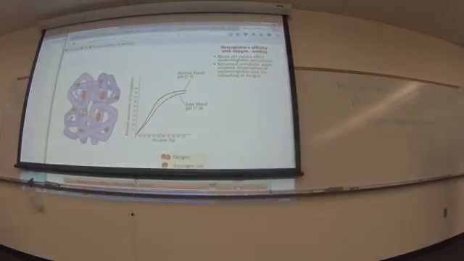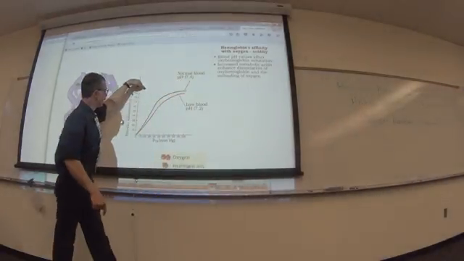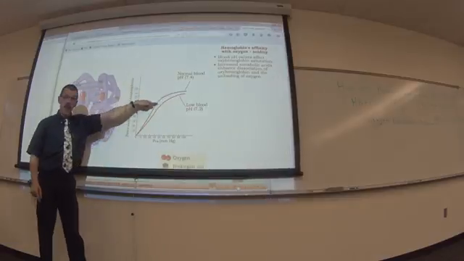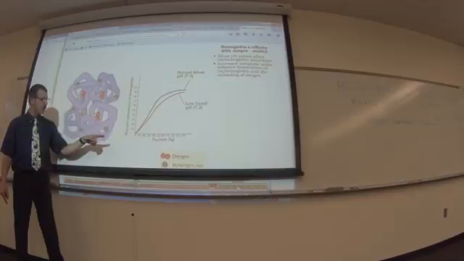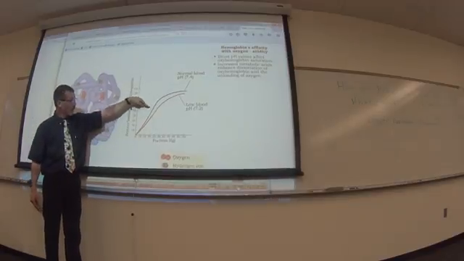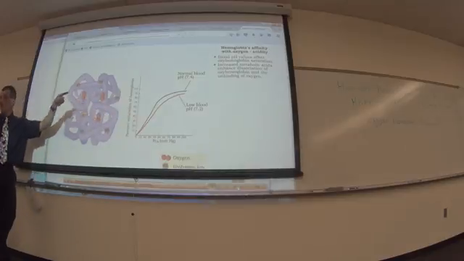More or less? She just told you. More. So look at it visually. The further down I go from the top, the more unloading I get. So you start here at 100. This graph is always further down, so it means I'm going to unload more to any body part. So if I was here under normal pH, I'm lower on the curve, therefore I'm going to deliver more oxygen